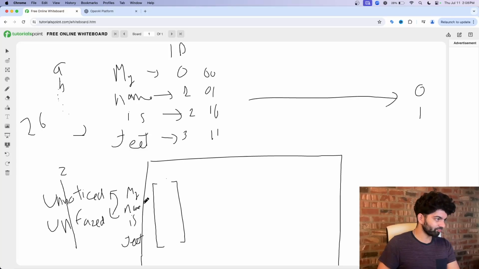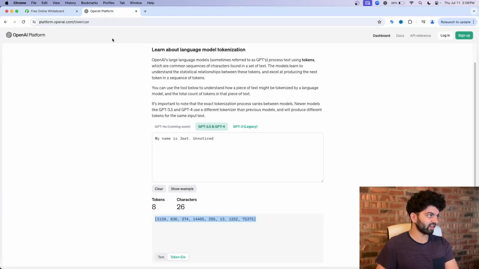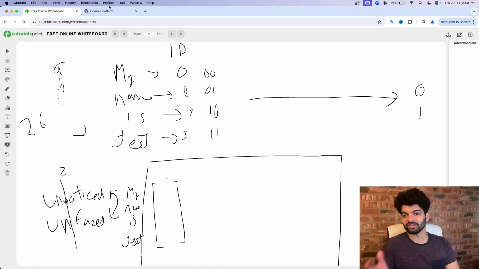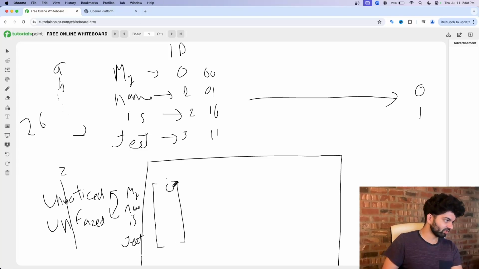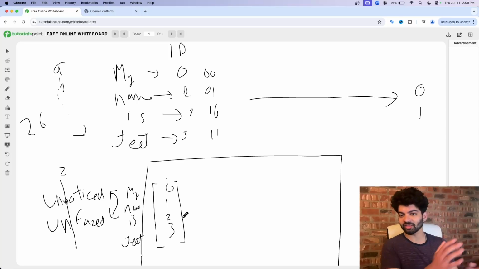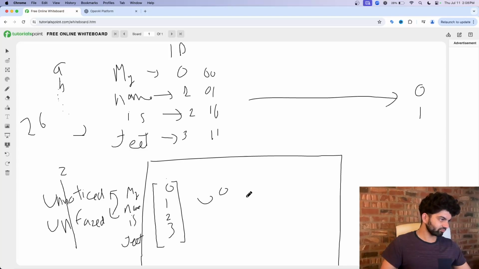And just like this part right here, every single word, every single token is going to be associated with a value here. So it's going to be 0, 1, 2, 3. And so we know that large language models are deep learning models. Let me just draw this out. We just have a bunch of neurons, which is just a bunch of numbers that when evaluated together give me